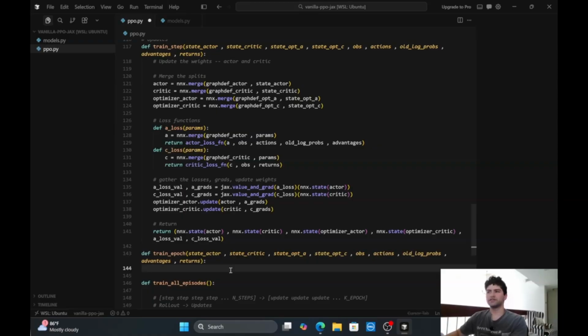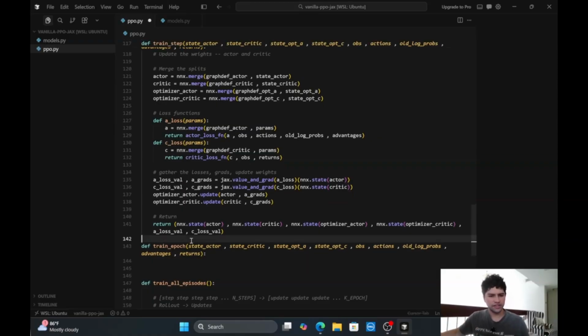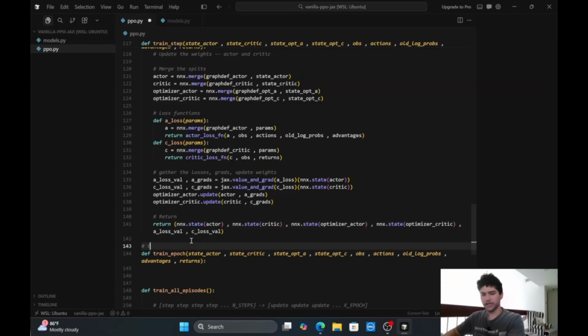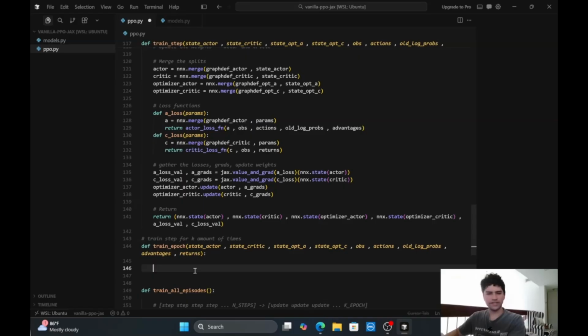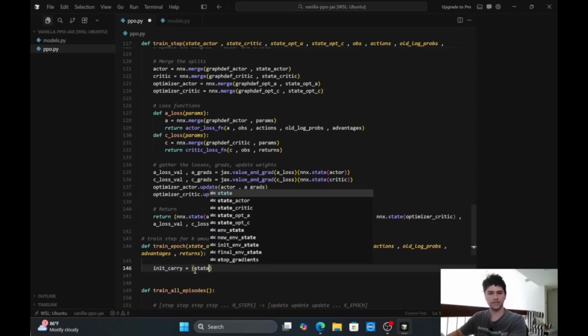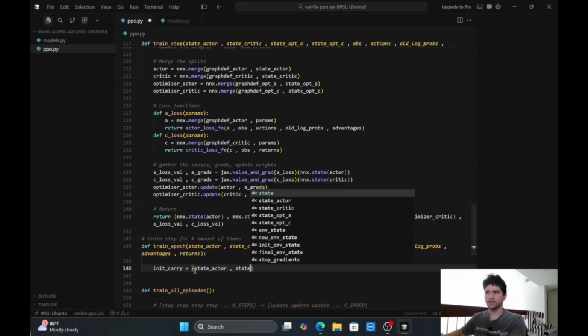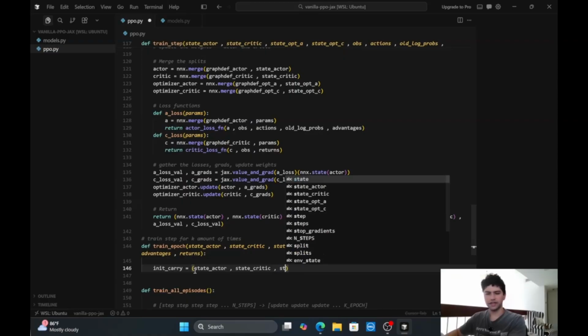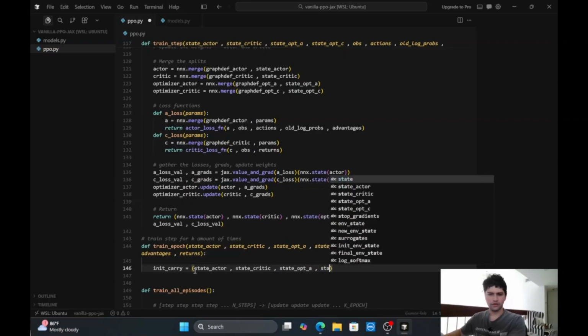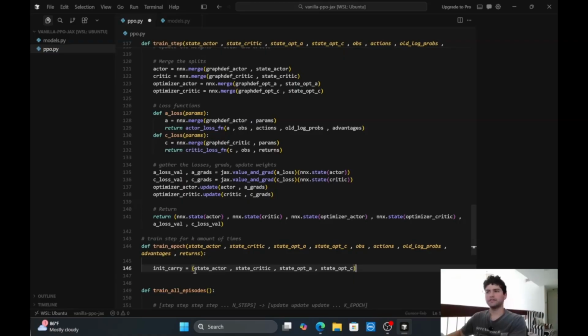And what is this? This is just basically saying, okay, we're gonna do train step for K amount of times. And so you can see it's a very simple function, right? We just create a carry, an initial carry where we have the state of the actor, the state of the critic, the state of the optimizer, of both optimizers, and then we pass this through a body function,